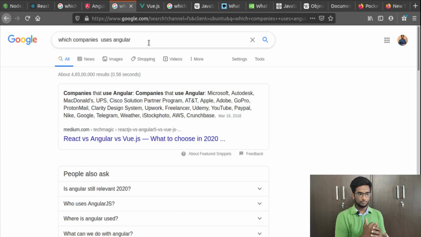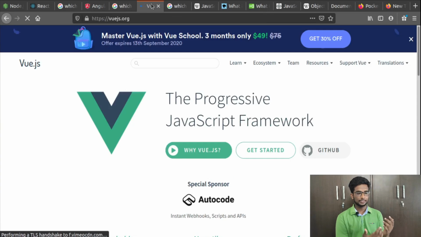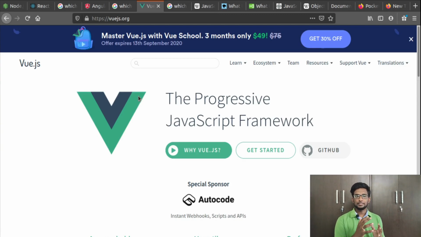There is one more JavaScript framework gaining popularity, Vue.js. It is also a framework where you can animate things and play with the pages. It is also dynamically typed. These are the top few things to learn about JavaScript. Other than JavaScript itself, you can learn these frameworks and libraries, which will take your JavaScript skills to great heights. I want all of you to stay tuned and follow what I'm going to do in these tutorials.